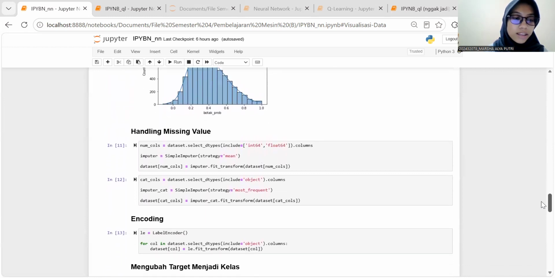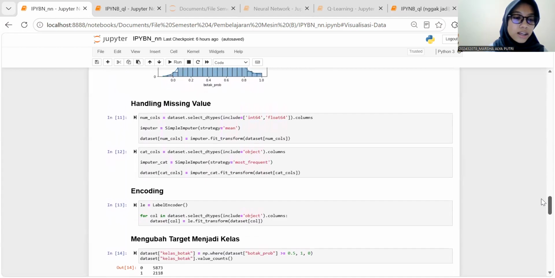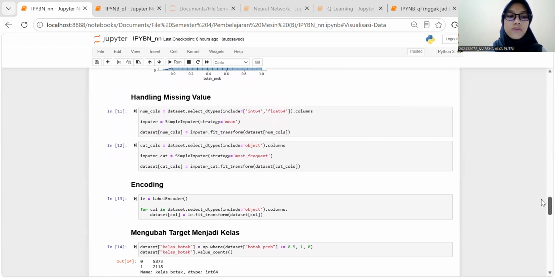After that, we handle the missing values. We replace the NaN values using SimpleImputer. For numerical columns, we use the mean value. For categorical columns, we use the most frequent value. This process ensures the dataset is complete before training the models.